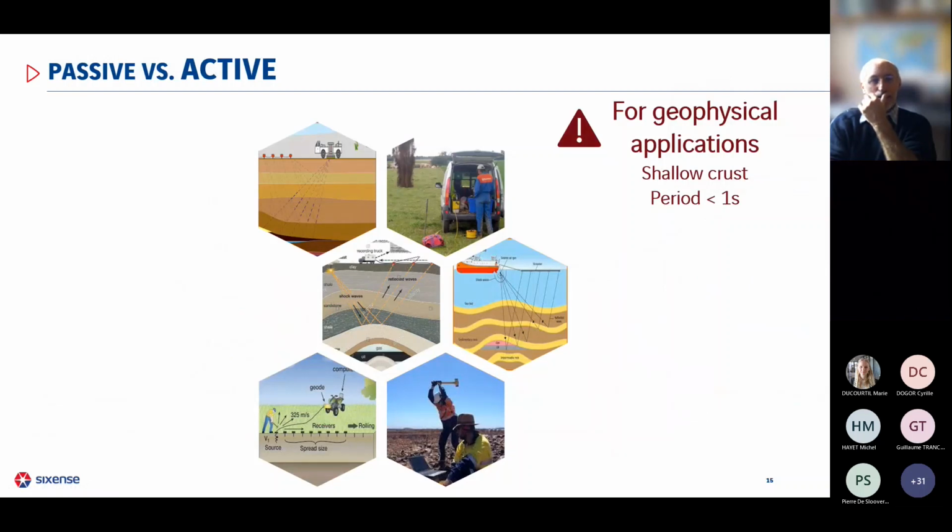When it comes to applied geophysics, we are interested in analyzing the shallow crust, so we work with periods lower than 1 second. And we need waves, so we need a signal to measure and analyze. We usually induce active sources in order to emit a signal, record it, and analyze it. Active sources can be various, as we see here, depending on their amplitude, the area of study, etc. It could be a hammer for small-scale studies, a weight drop, or an explosion for large-scale studies.